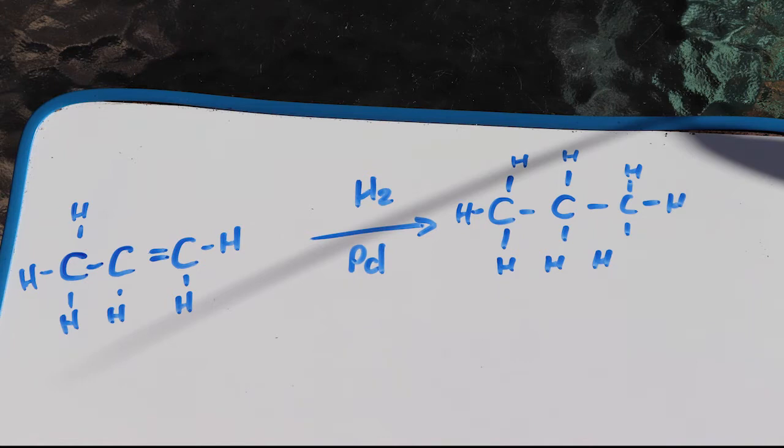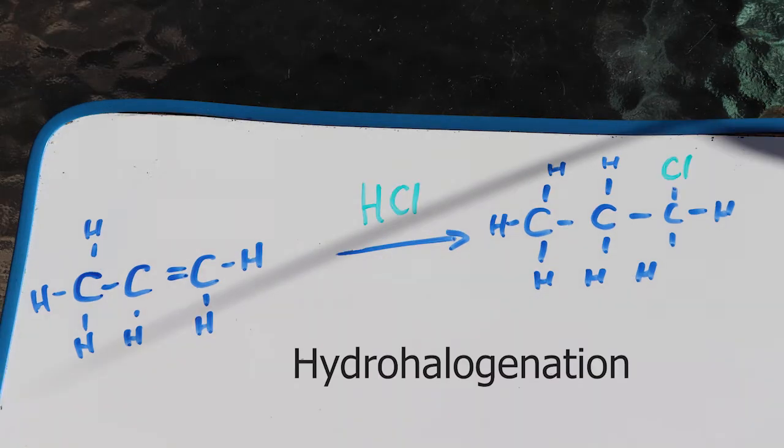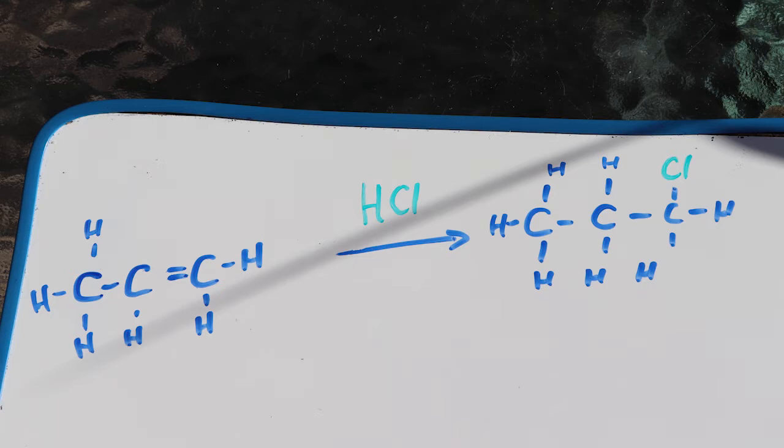Here is an example of a reaction from an alkene to an alkane by hydrogenation. We've got the metal catalyst in the middle. This reaction takes us from propene. We don't need to specify where the double bond is because it can only be in the first position. This is from propene to propane, okay? For this reaction, we have propene, we're adding HCl, and we're going to form 1-chloropropane. There's no catalyst needed. We formed an alkane, and it has a halogen on the first carbon, that's the substituent,